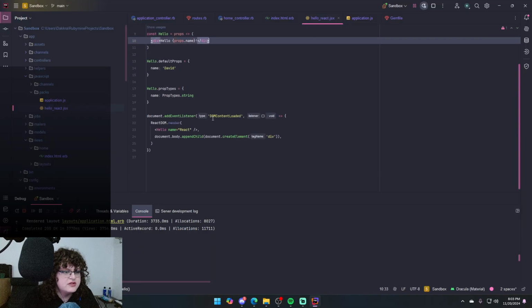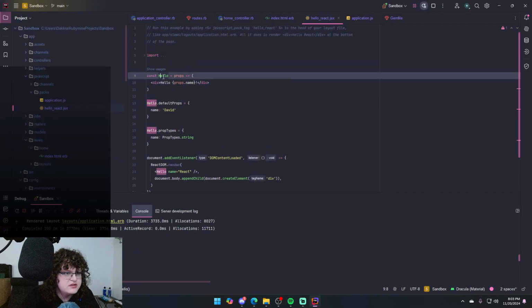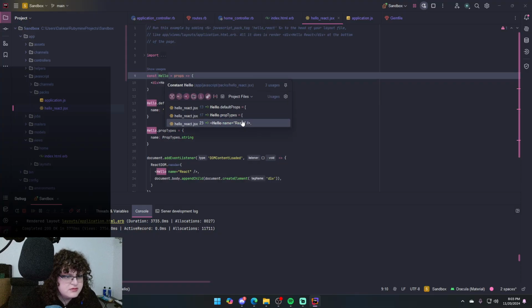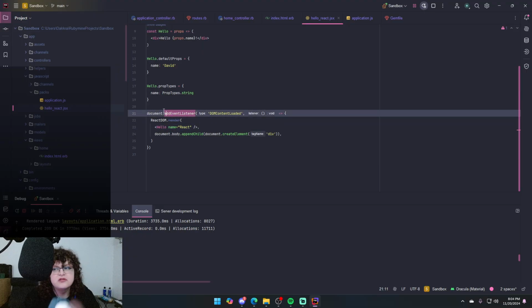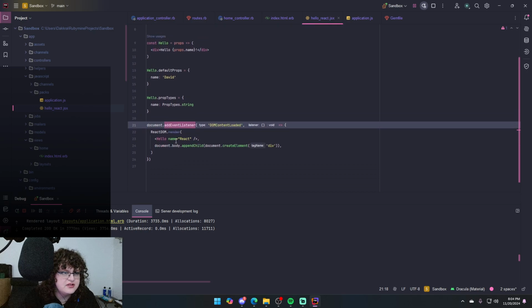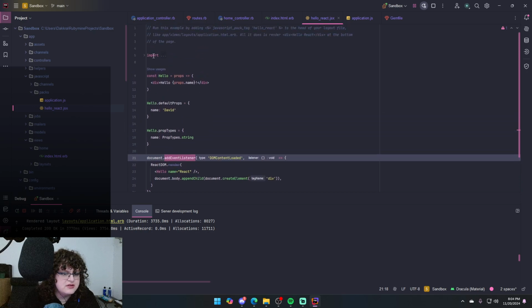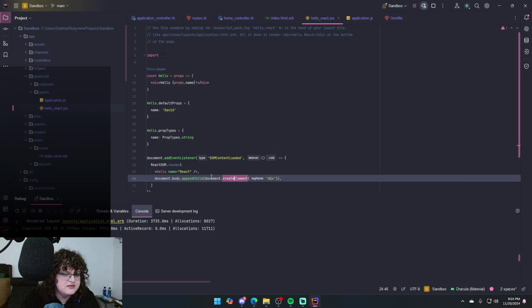Right, who calls hello React? Hello. Const hello equals props. Yeah, so this is like the root launcher of the React instance. So I would just render the JSX file onto whatever, because this creates the